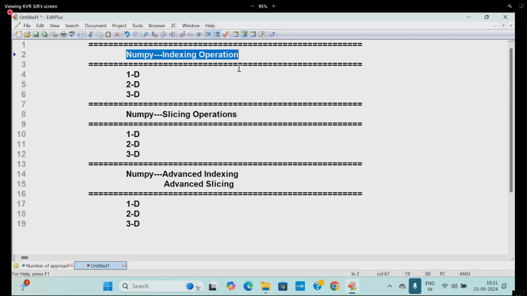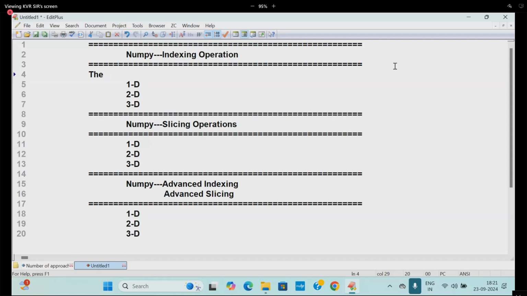First, the concept: the process of obtaining a single value from an iterable object by passing a valid index is called indexing.